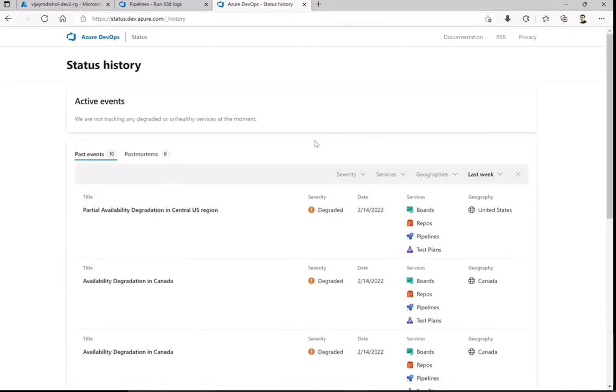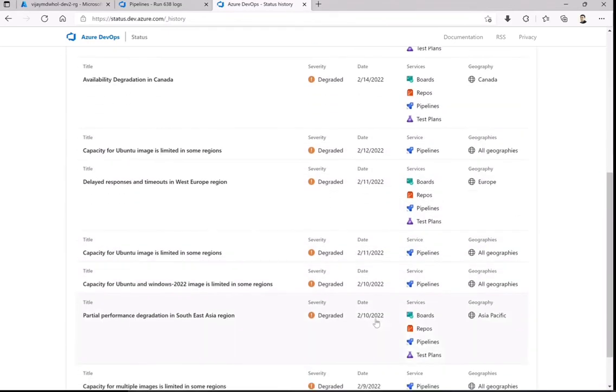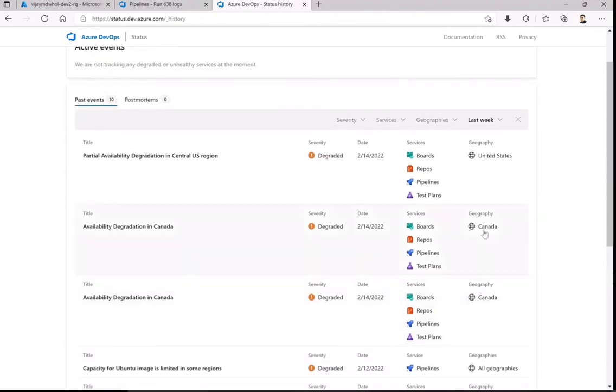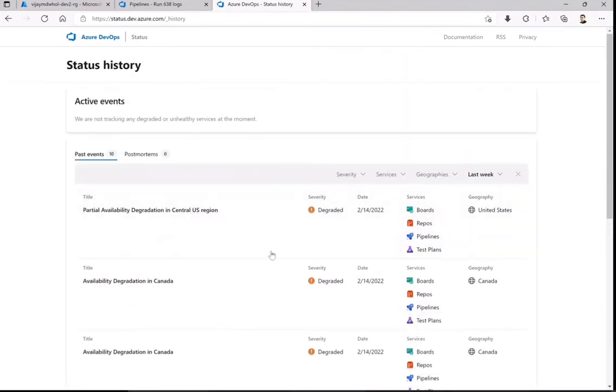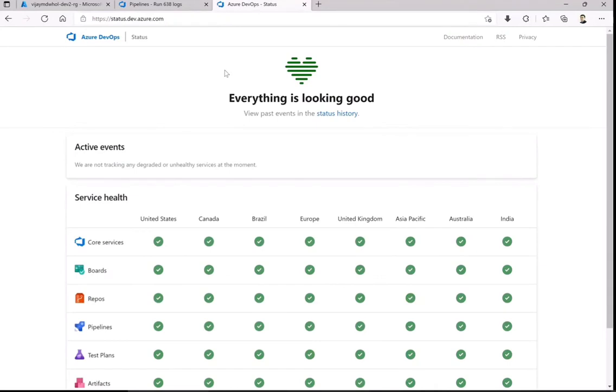If there was any degradation on the 14th, and since the last complete week was terrible, it will also show you the geography and what is specifically down. So you can check if that environment is healthy or not. I normally refer to status.dev.azure.com to see if anything is degraded in any particular component.